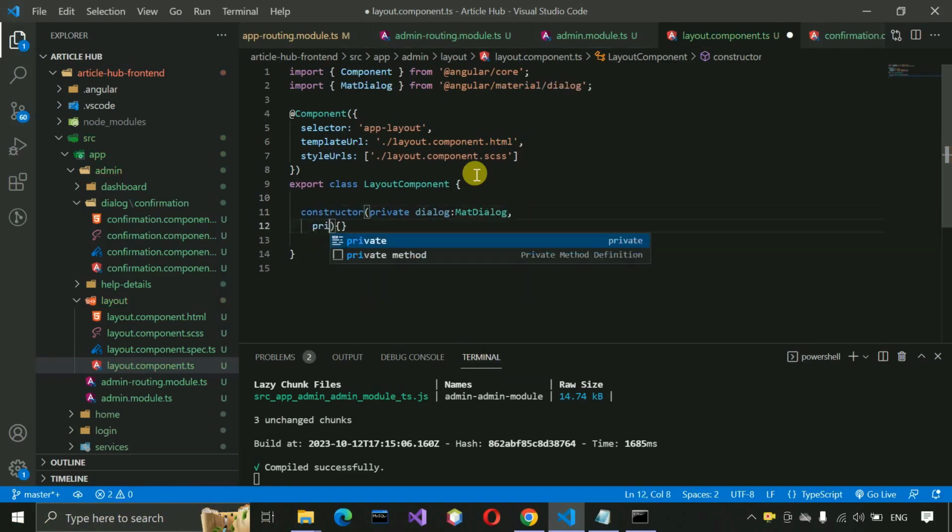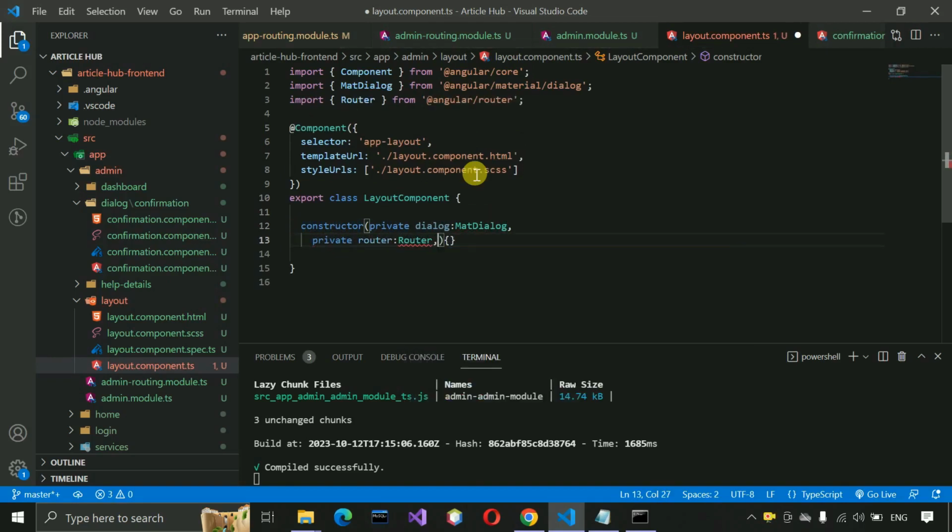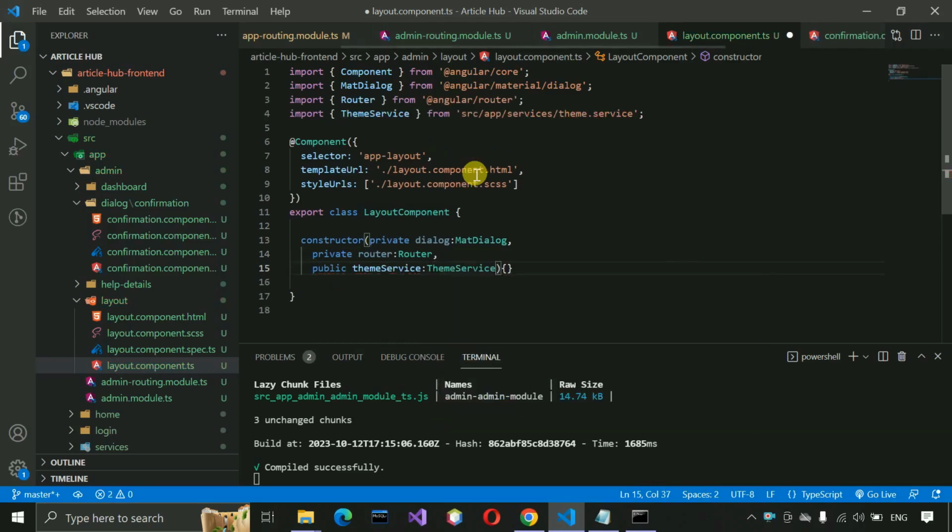And here we have to write private router, we need to import, and after that public themeService, so ThemeService, this one. And then we need to create a method that is logout,